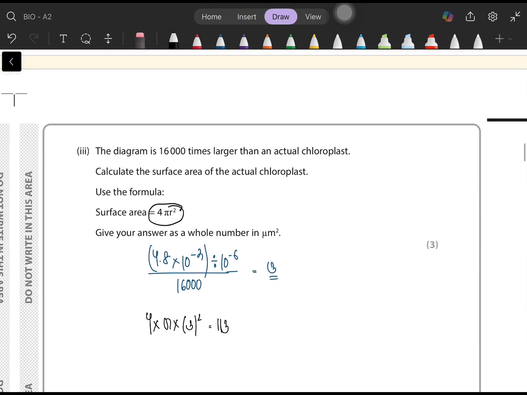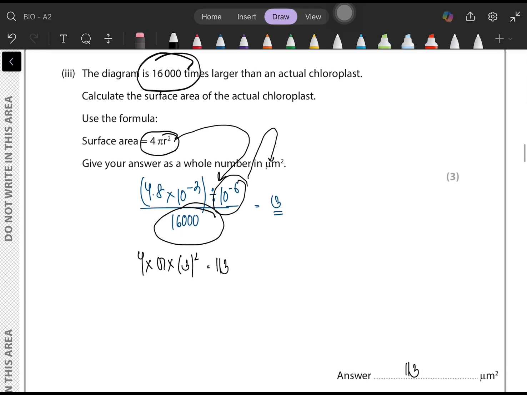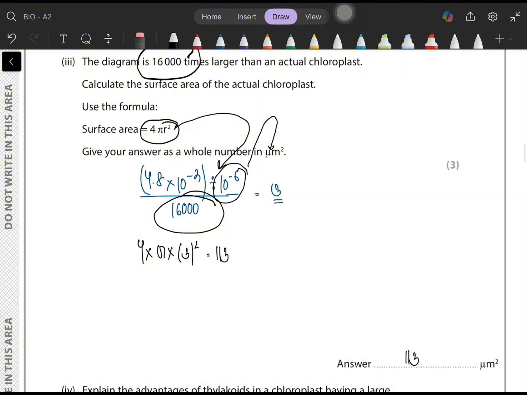Then you plug all of this into the formula 4 pi r squared, and you divide by 10 to the power minus 6 to add the prefix of micro, and since it says that the diagram is 16,000 times larger, you have to divide by 16,000, and hence you're going to get